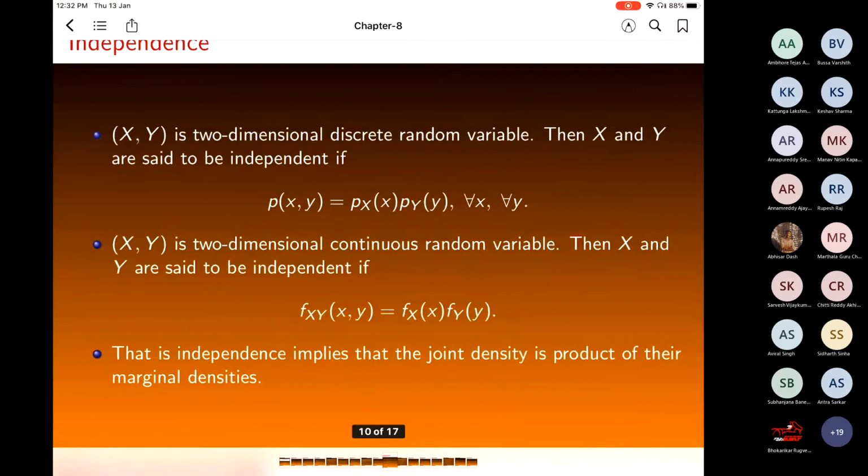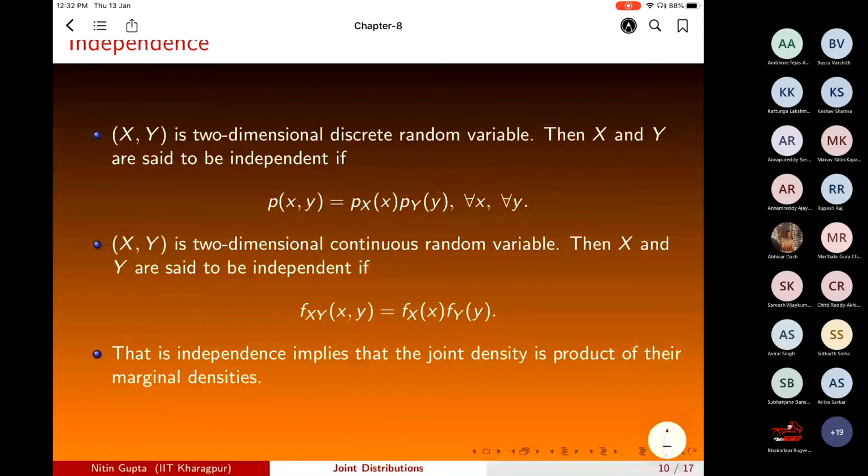Okay, so x and y are said to be independent if the joint CDF, cumulative distribution function, which is probability x is less than or equal to x, y is less than or equal to y,